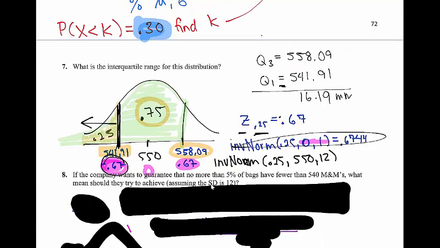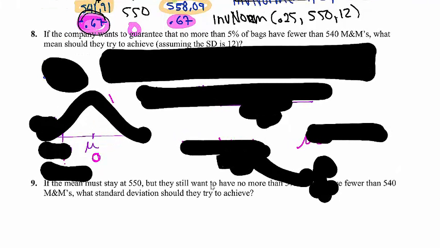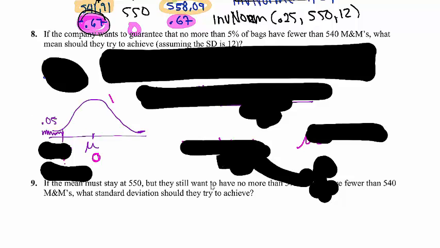Okay, so let's do a different problem. If a company wants to guarantee that no more than 5% of the bags have fewer than 540 M&Ms, what mean should they try? So basically they have a machine that you can set it to, I want this many M&Ms. And they know that it tends to deviate by about 12 for a standard deviation. Well, they don't want to have so few M&Ms that people complain. So they're saying this, okay, what value